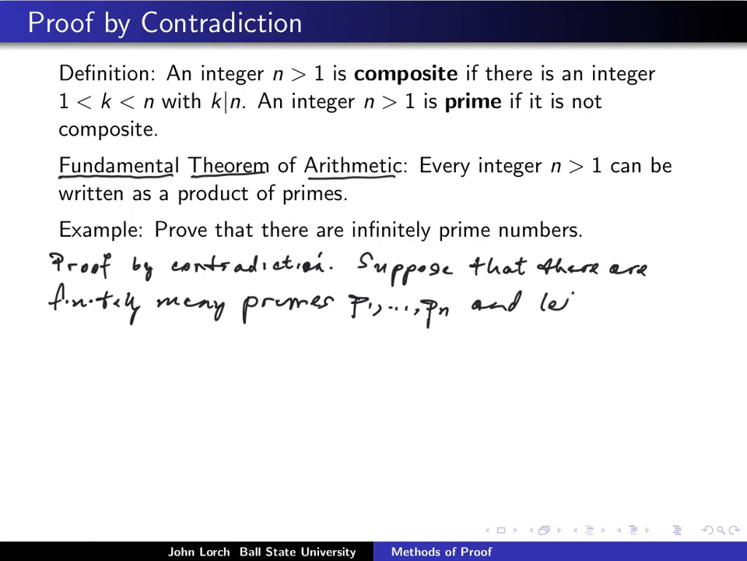And we're going to let N, capital N, be the number that we get by multiplying all of these primes together and then adding 1 to the product. Now, the fundamental theorem of arithmetic is in our tool belt, so we can apply it to this number, capital N. So by this FTA, we know that N is a product of primes. That is, it's got to be some product of the primes in this list, P1 through Pn. So that means there's got to be at least one of those primes